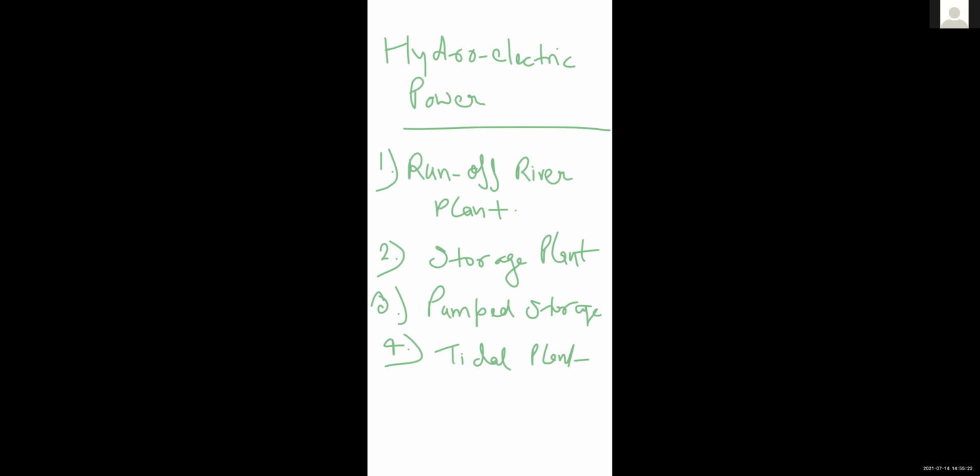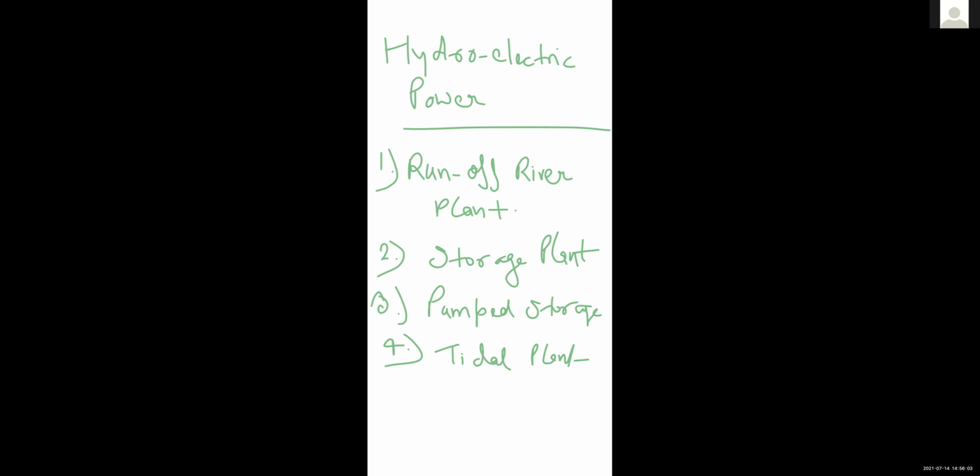Also, the power station constructed on a diversion canal, that is irrigation and power canal, is called a diversion canal plant, and it can also be placed in the small pondage category. So these are examples of run-off river plants: Kotla powerhouse, Nangal Hydel canal, and also Sarda powerhouse or Sarda canal. These are the run-off river plant schemes.